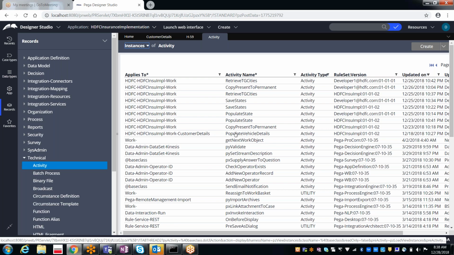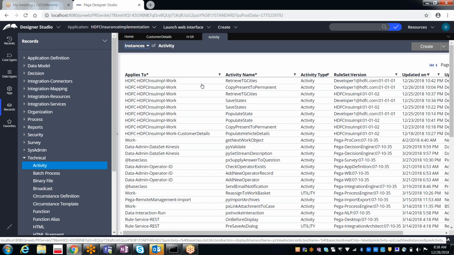So here we can see the activity name. Very good. This is one way. In this node we have our own activities, just around 10 to 15, and we have given them meaningful names, so it is easy for us to understand that copy present to permanent is used for copying the data.